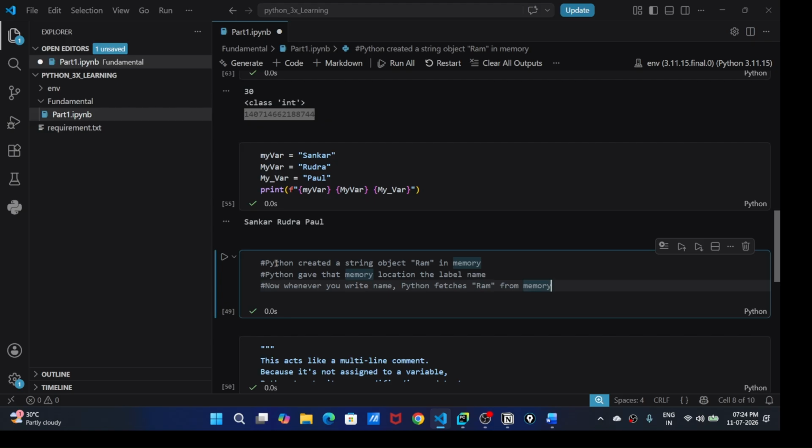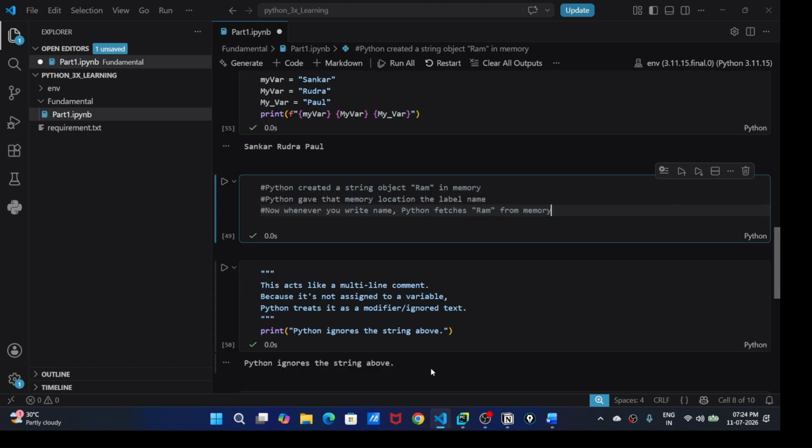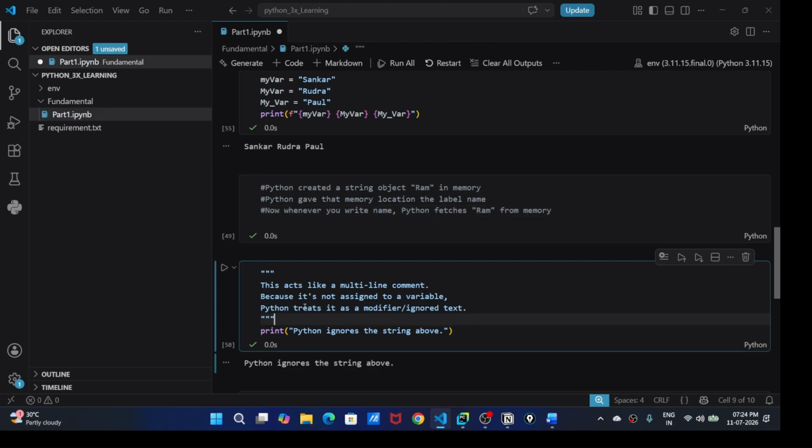If you want multiple lines, you again use the hash or pound key on the next line. In Python, there is no specific syntax to define a multi-line comment, but we can use triple quotes or single quotes, and Python will ignore this too. If you write this, it will not produce any output.